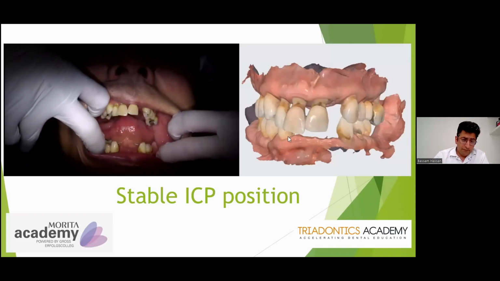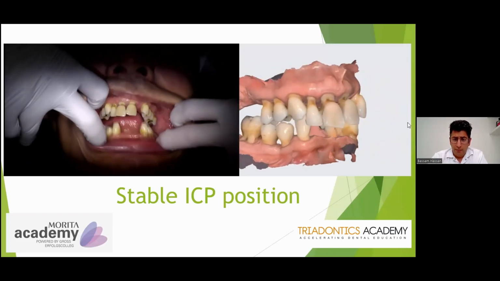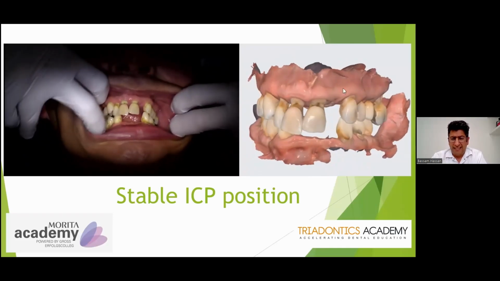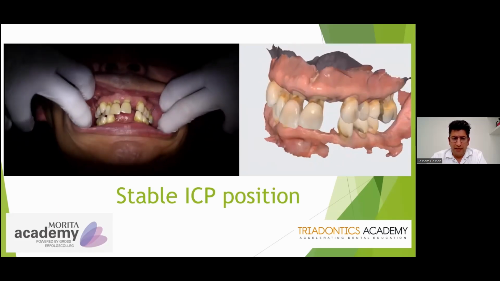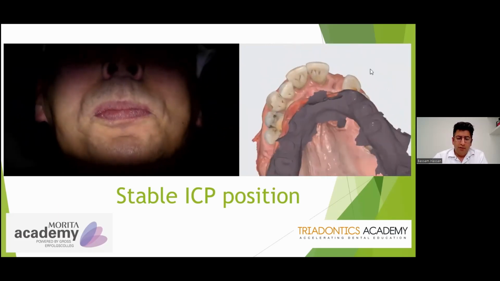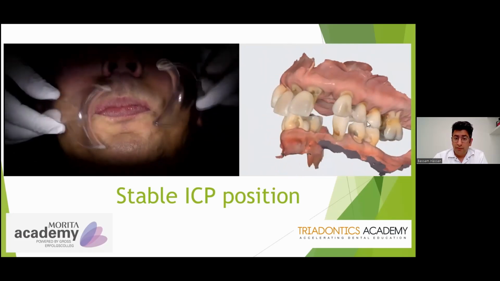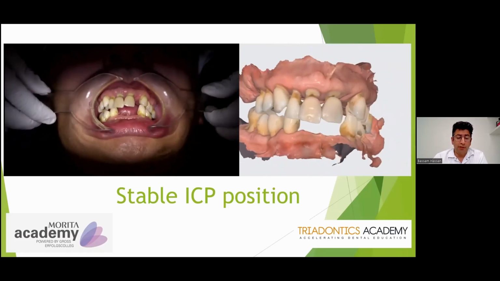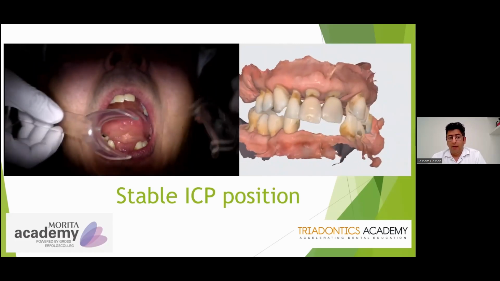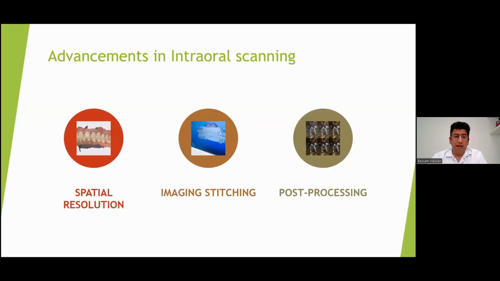I think that it's safe to say that in most cases, if you have at least 4 or 5 teeth occluding, you should be fine with having an excellent bite registration. So for full arches, the issue was solved with the bite, which was an issue for a long, long time. And this advancement happened because of advancement in resolution, in image stitching technology, and in post-processing. No other technology within the dental digital workflow